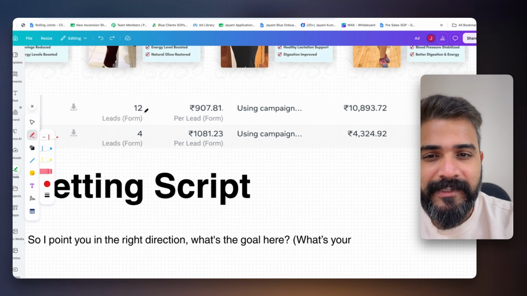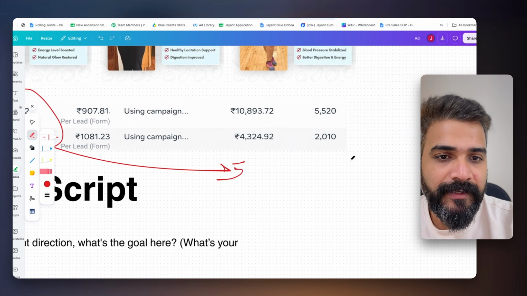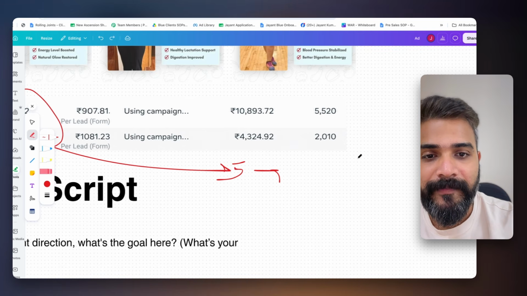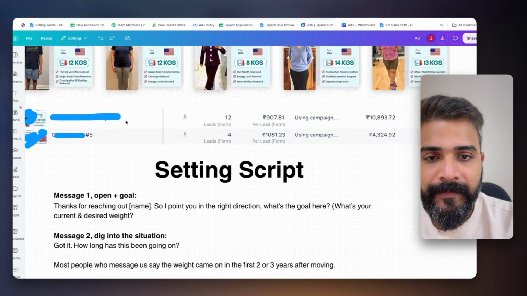And let's say out of the 16 leads, you book 5 meetings and you close one, and say that one guy that you close is let's say $1,000, that's a pretty good ROI, I would say. Okay, so usually this is how the numbers look.